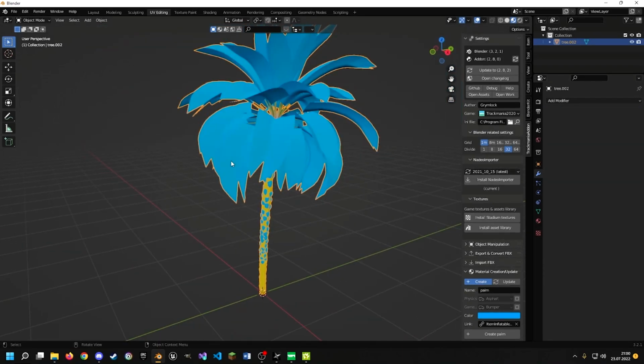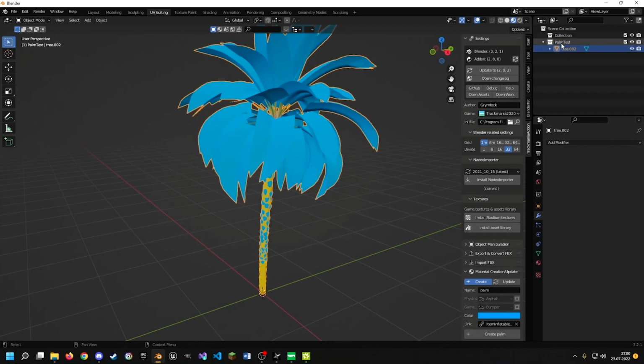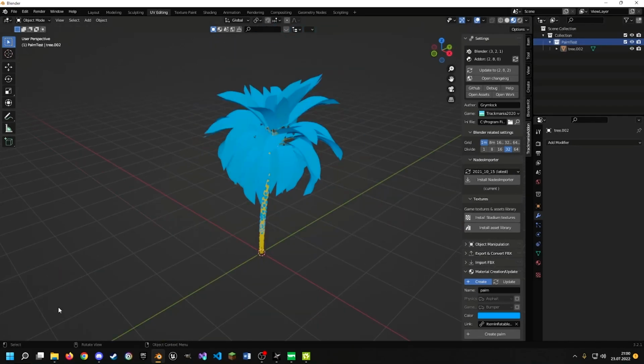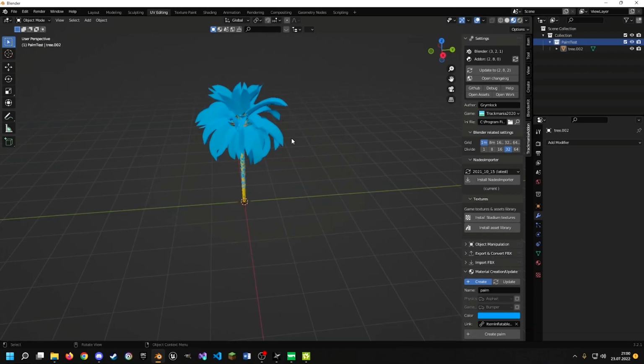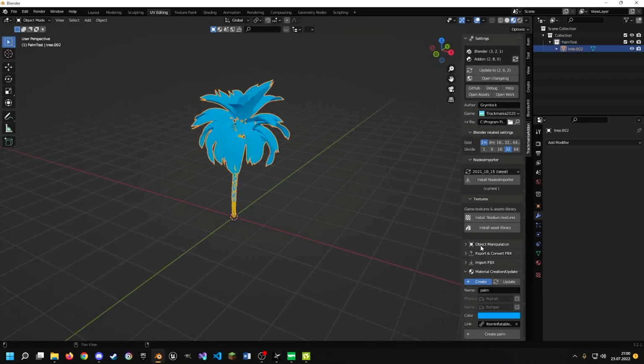And then if you're finished, I recommend creating a new collection above here and renaming it to like palm test, and put the tree inside the collection and the palm test collection into the main collection. This creates a new folder for your Trackmania items so it won't spam it all around the place and you have 20 pages of items in game. And after you're done, you can just simply